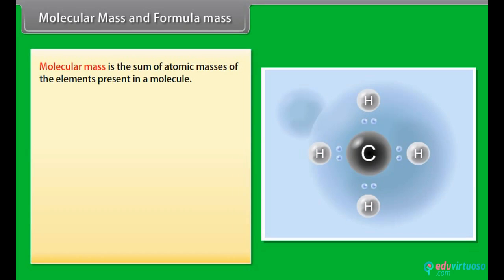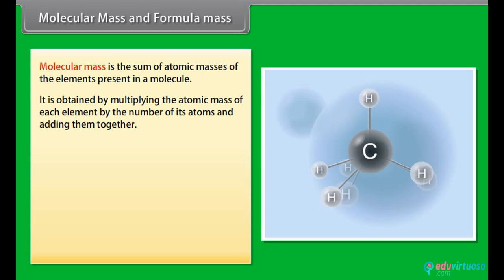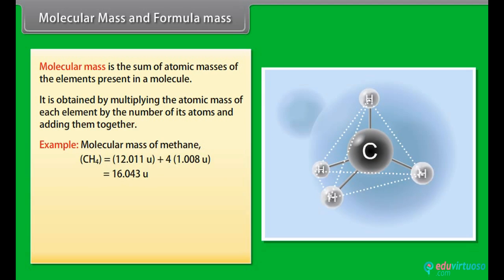Molecular mass and formula mass. Molecular mass is the sum of atomic masses of the elements present in a molecule. It is obtained by multiplying the atomic mass of each element by the number of its atoms and adding them together. Example: molecular mass of methane, CH4, is equal to 12.011 u plus 4 into 1.008 u